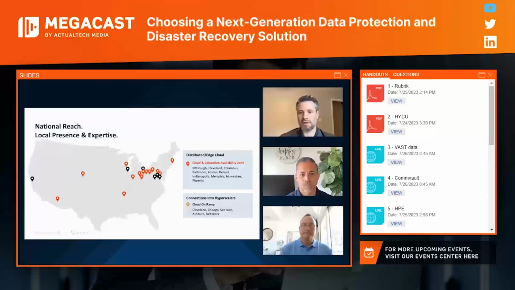We also have 100 gig connections to all the hyperscalers to give our clients that low latency, high bandwidth connection to other services they may be using. But then again, we also have built and developed our products to really stretch outside of our four walls, because our goal is to give clients a consistent operating experience no matter where their workload needs to run. And we don't want to dictate where a client's workload should run.